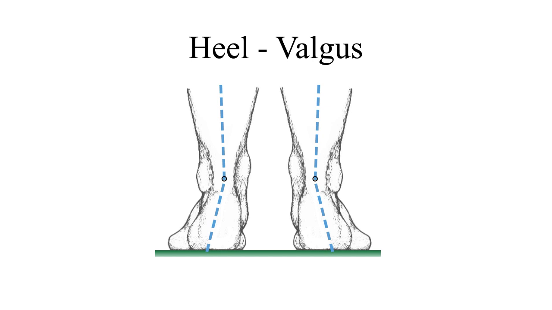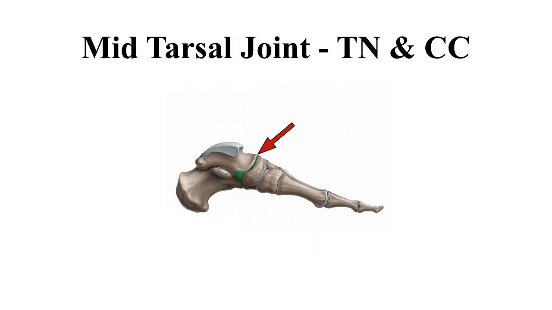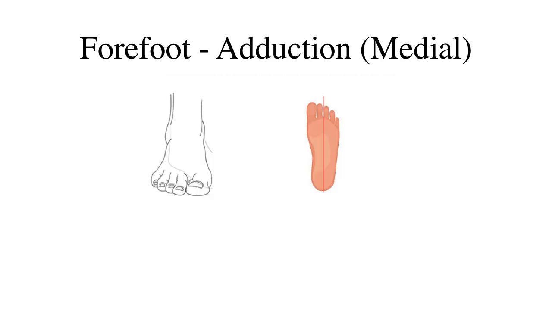So that completes our hind foot, that is ankle joint, dorsiflexion, plantar flexion, and subtalar joint, inversion or varus, eversion or valgus. Now the next joint is mid-tarsal joint or otherwise talonavicular joint and calcaneocuboid joint. Collectively, these are called mid-tarsal joints, and the movement which you have to know when concerned with this joint is adduction. As we know, medial deviation of any part of the body is called as adduction.